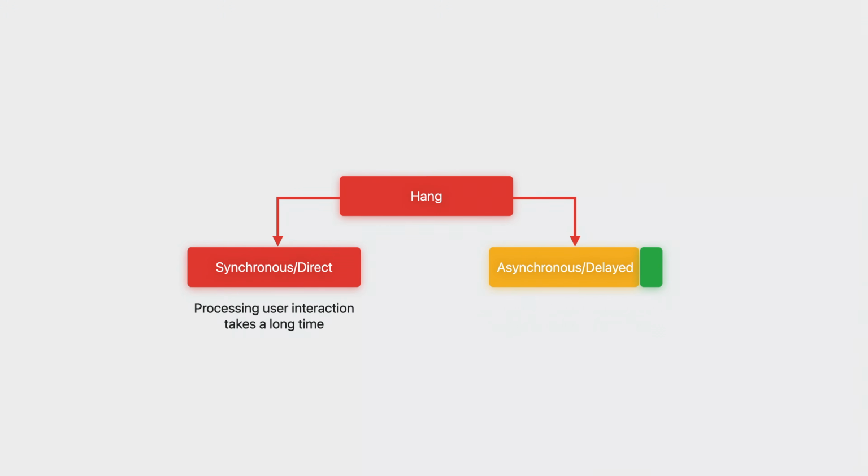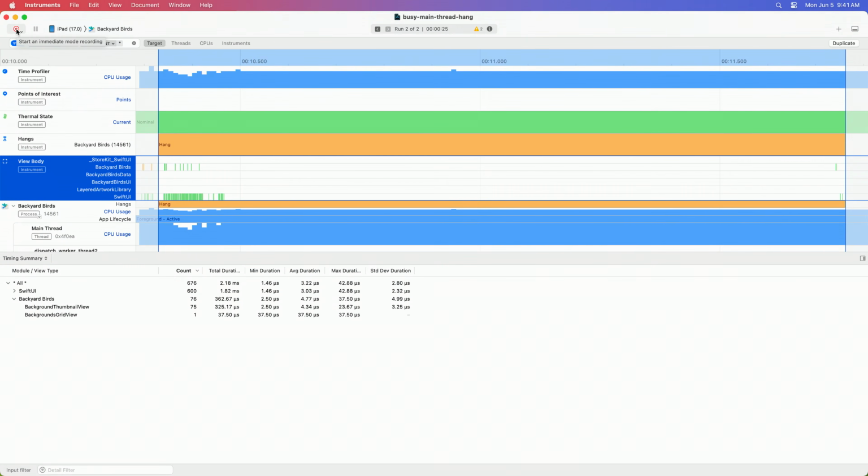Tapping the Done button doesn't actually cause any expensive work by itself. But there was still work on the main thread preventing the tap from being handled. So while someone using the app might not even notice if they don't interact with the app during this time, we should still fix these cases in case they do. Let's do that now. So here I'm back in Instruments and I've already set the selection range to our async